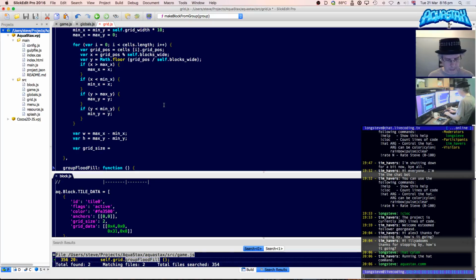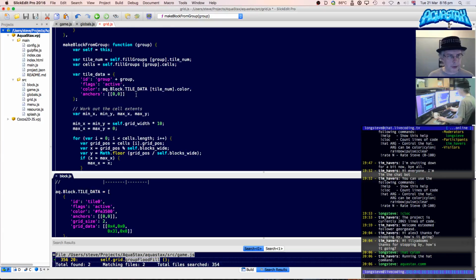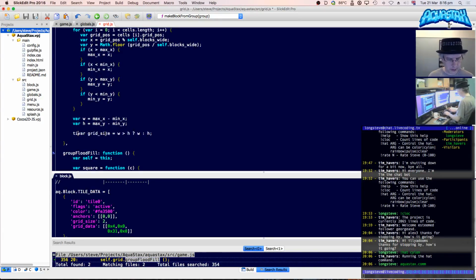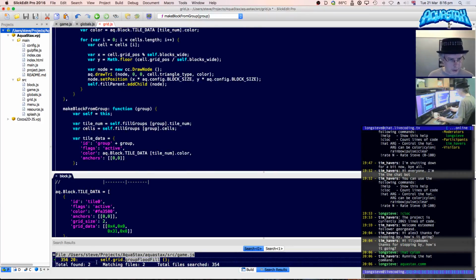Grid size is going to be equal to width is greater than height. I'm sure there's a math.max and math.min function, but I'm just going to do the quick way. Width or height. So we want the maximum one of those, right? And then we can do, actually we can just do tile data.grid size, can't we? Tile data.grid size. Now we have to work out the tile data grid data,